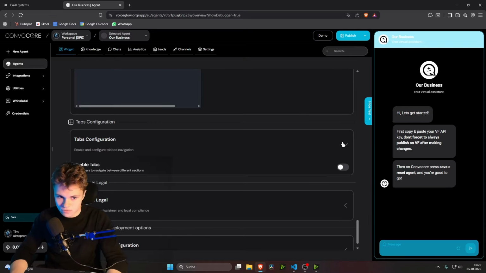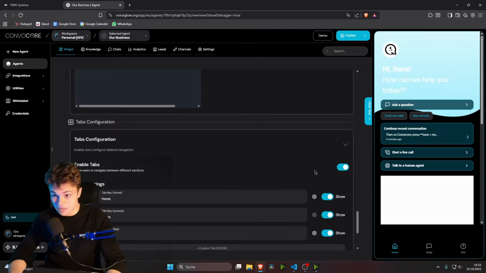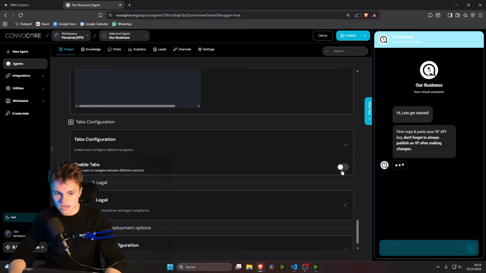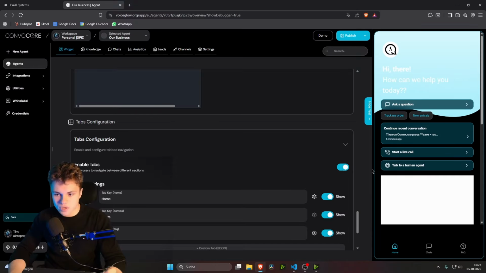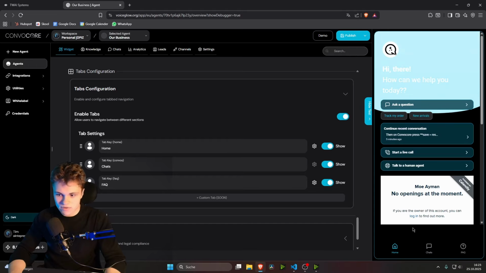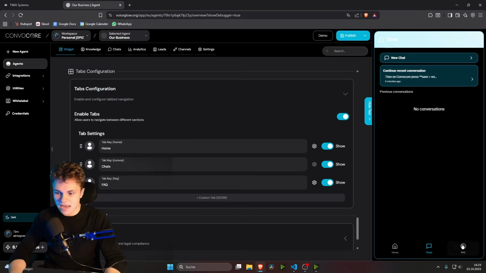Then we have tabs and configuration. Please enable tabs. Enabling tabs is really cool. You're seeing what this is going to do. If we put this off, we only have the chat. If we turn tabs on, we have so much more. We have a home tab, we have a chats tab where we can see the chats, and we have an